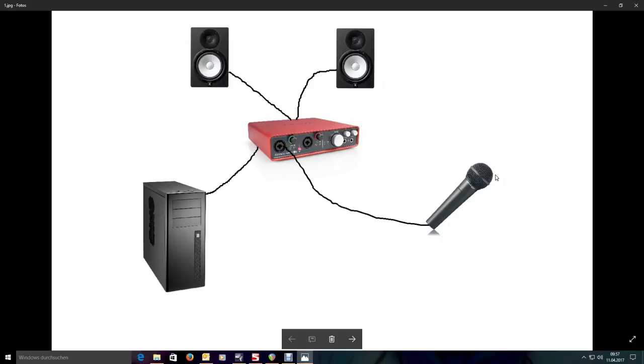So I'm just going to clap. I'm just going to make one clap into the mic. That signal is going to the interface, where it's being converted into digital, then goes to the computer, and it's being recorded. All fine and well. Now to see the latency, what time it takes for it to actually reach the speakers,